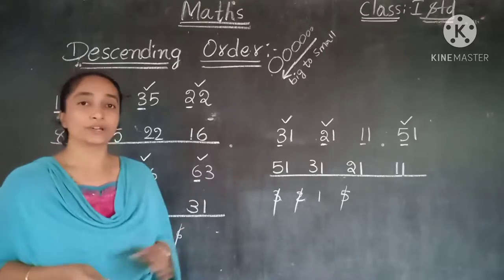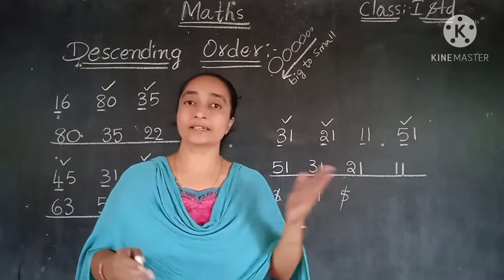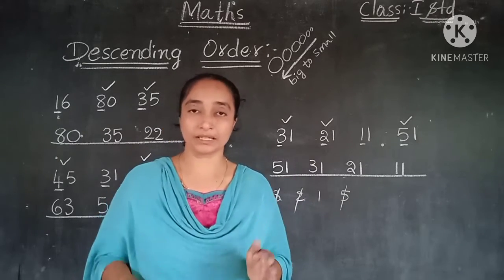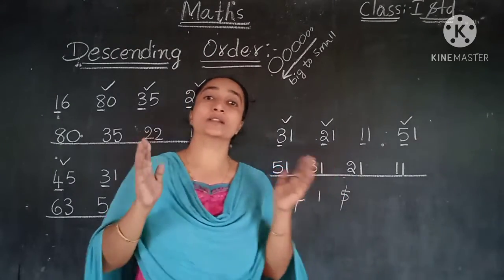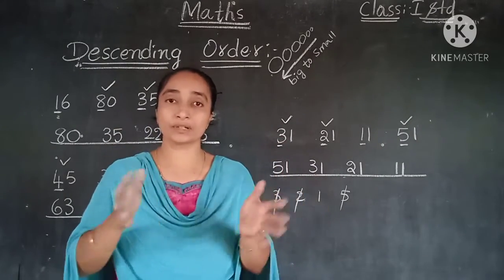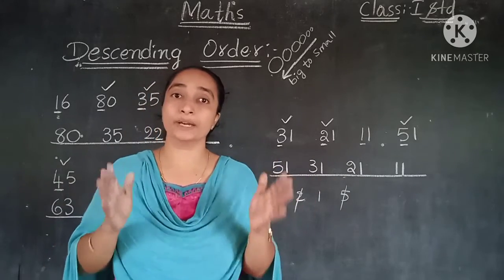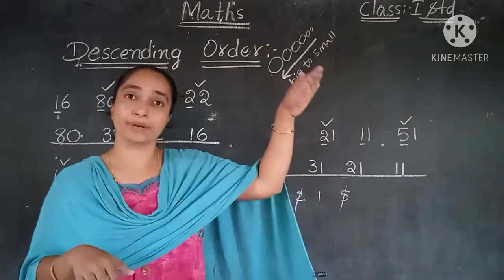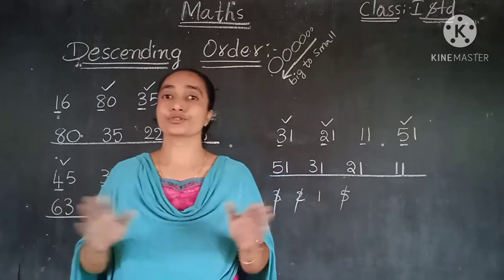So in this way we can find out the big numbers very easily. Whether it is ascending order or descending order, first of all, we have to remember that in ascending order we have to consider only the small numbers. All the small numbers, whatever the small numbers will be there, we have to take the small. And in the descending order, we have to select the big numbers. So that you should remember. Ascending order, small to big. Descending order, big to small. Okay, children? So no need for confusion.